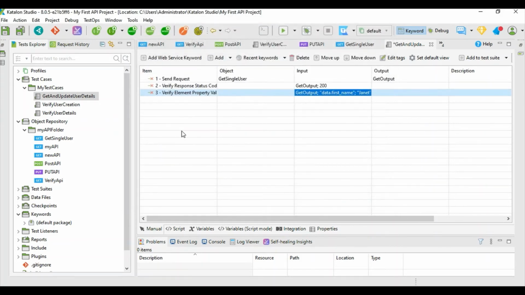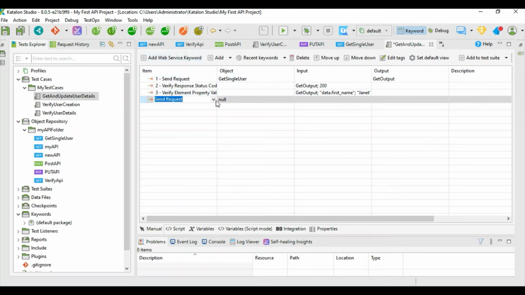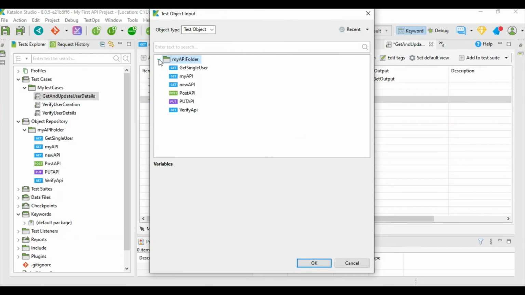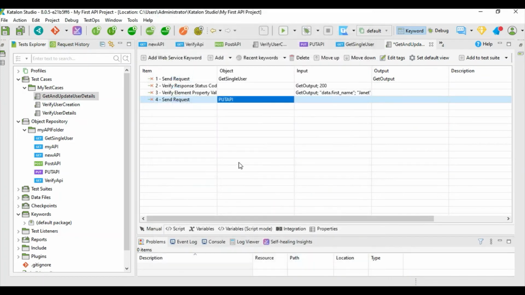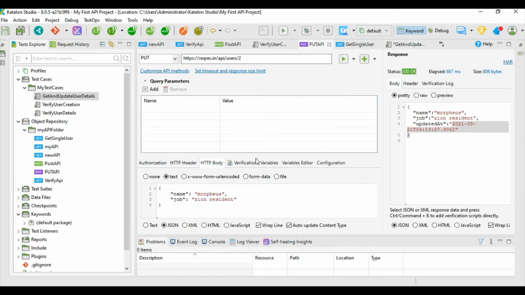Now we want to update it. So let us send another request. So this request would be the update request. So we are going to send this request put. So let us, instead of Morpheus, let us rename it new PMN, and let us put our job as QA and YouTube.